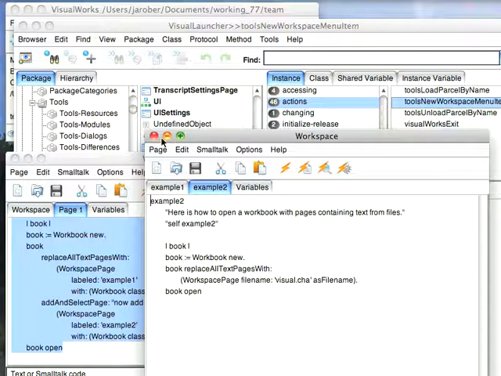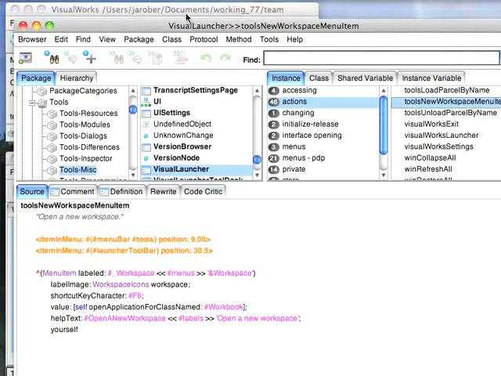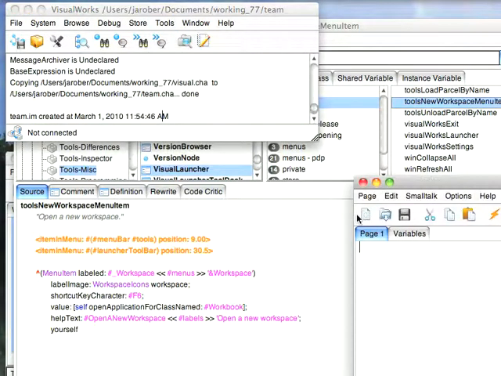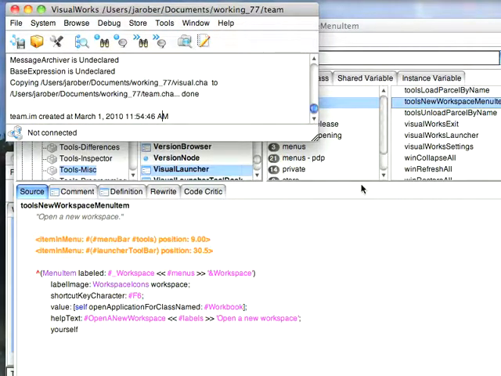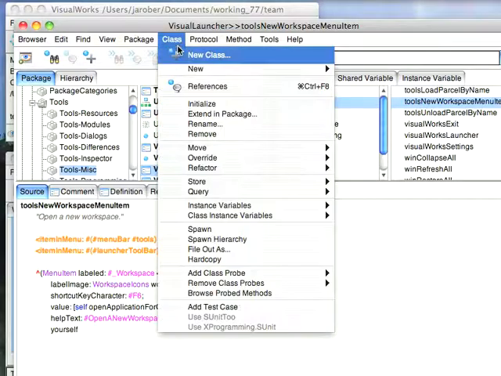Now you might wonder, how did I figure out that this is the code that will do that for me? Well, it turns out what I did is I went to the Visual Launcher because I know that in the launcher there's a tools option, workspace, that'll open up a new workspace, and I figured, well, that code will tell me what class is used to get there. So I go here and I find eventually open application for class named Workbook. So I found the code behind the menu item, I found the class, and then it was just a simple matter of class,